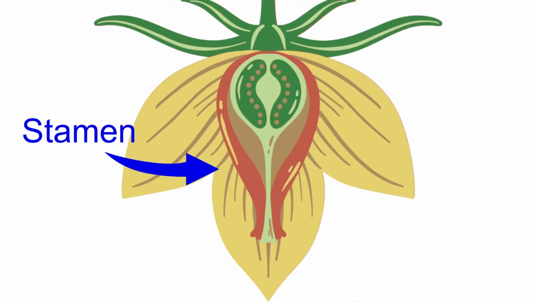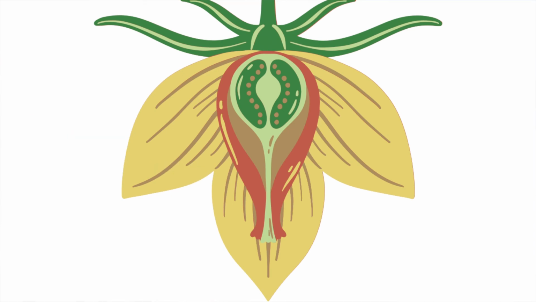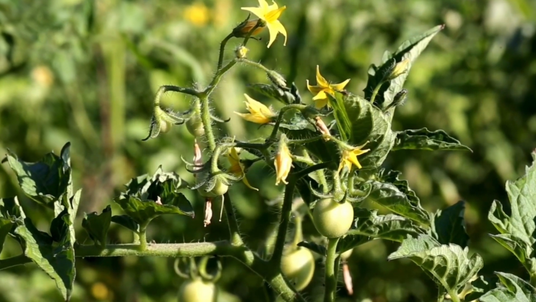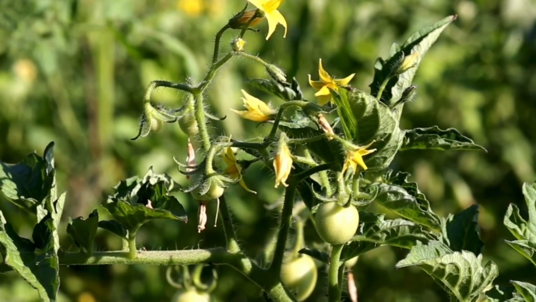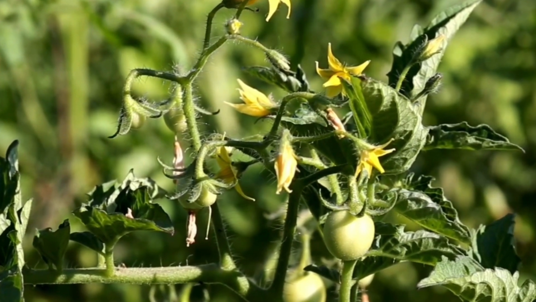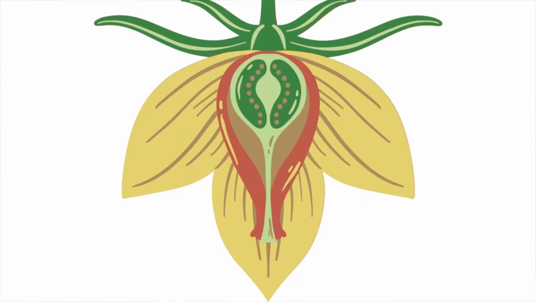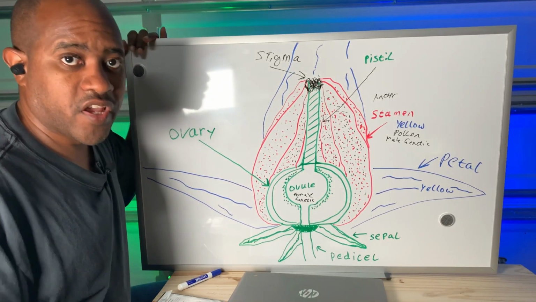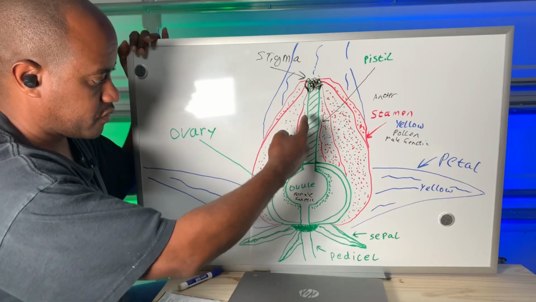The stamen is the part of the tomato that contains the male genetic code, or the pollen. When bees come by, or when the wind blows and moves the flowers around, the pollen that's inside of the stamen will start to fall out. Now, this part right here is what we call our stigma. This part is what would catch some of the pollen and would actually send the male genetic